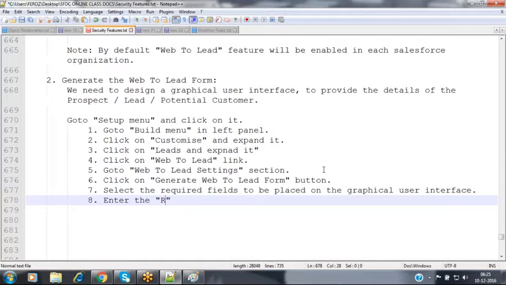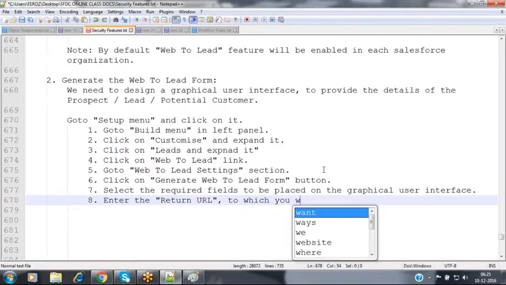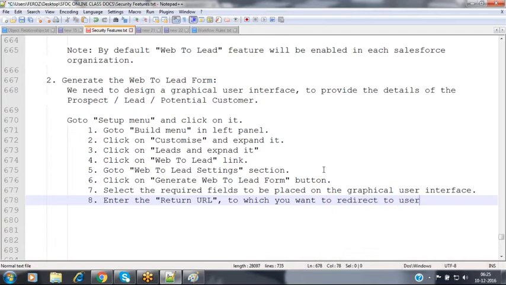And then enter the redirect URL, nothing but the return URL. Enter the return URL to which you want to redirect the user after submitting the details.